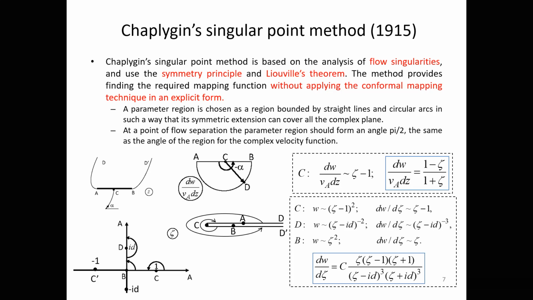Here is the Chaplygin singular point method. We need to analyze a singular point, a special point actually. The special point is the zero point, the stagnation point C, and here point C is mapped in the parameter plane to unit. So we can put in the function of complex velocity a zero, with the denominator 1 minus zeta, because it is a zero of the first order. Then we need to extend